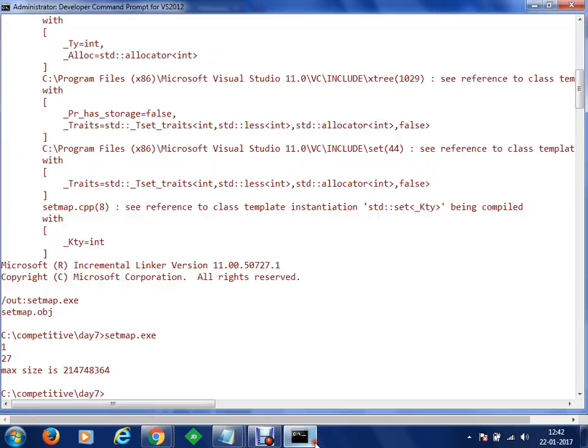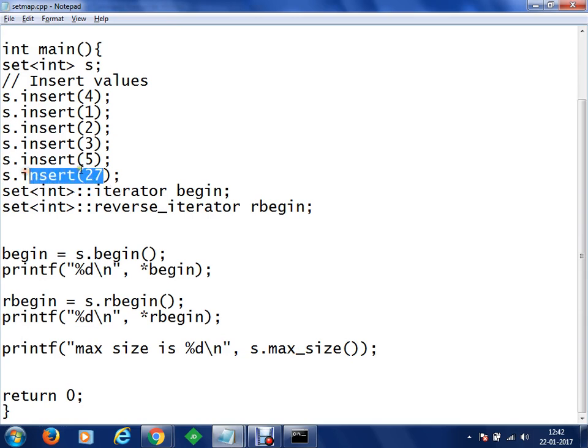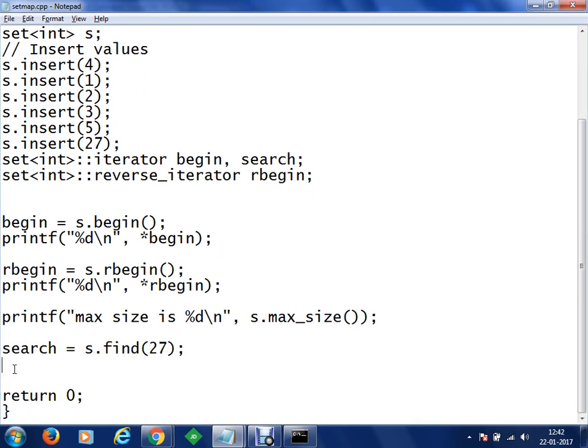Okay. So now let's say in case if we want to find a value, let's say मुझे 27 find करना है. Okay. So in case if we are finding something like this, we need an iterator for this. So iterator में let's say search कर देता हूँ मैं इसे. Search is equal to s dot find, and if I am trying to find 27 here, what am I going to do?